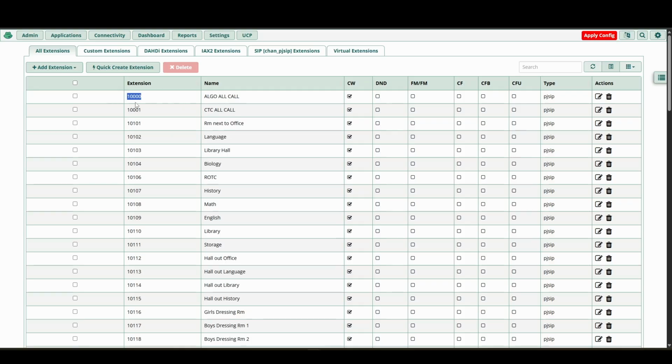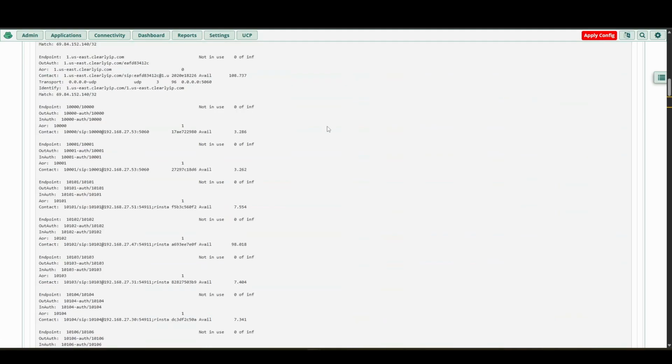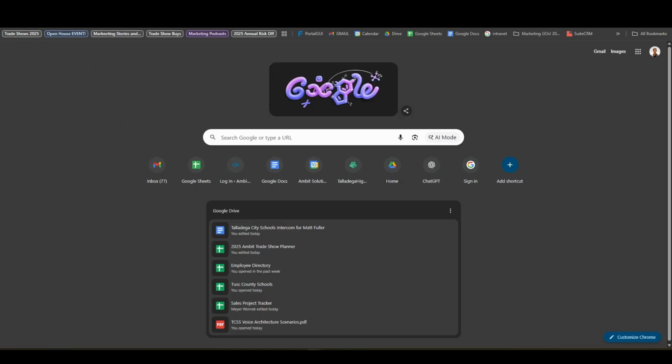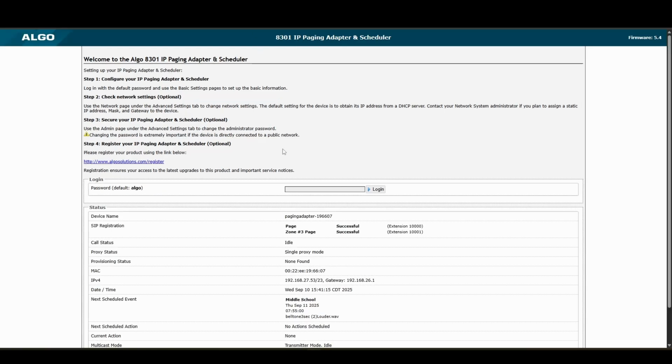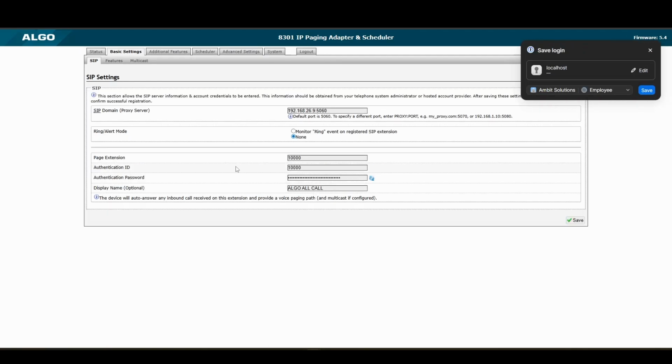And so for this example, it's this extension number. It could be a different extension depending on the school. But let's go ahead and browse to that device. And I can find that IP address in the asterisk info just like I can for all the other speakers. This is an algo paging adapter. If you want to learn more about an algo paging adapter and setting bell schedules, we have another video for that. But the main thing I wanted to cover in this video is to explain what an algo is